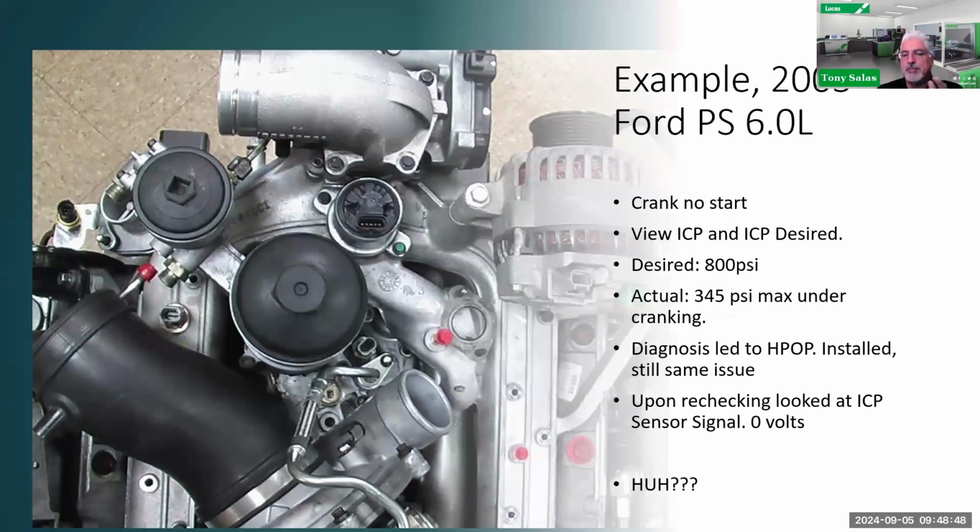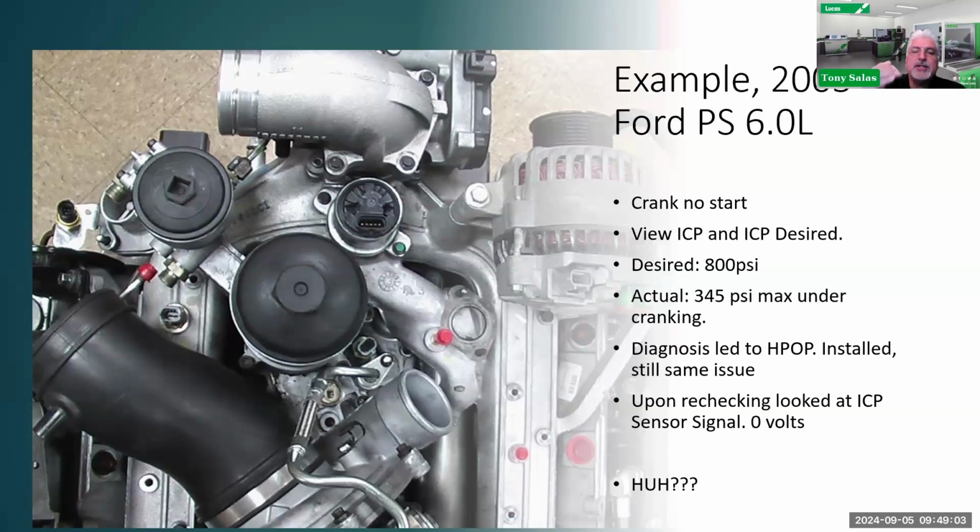Everything led to the high pressure oil pump. It had oil pressure, but not enough high pressure. So everything led to the HPOP, right? Installed, guess what? Same issue. So when I got called into it, I looked at the truck, and my habit is to look at ICP